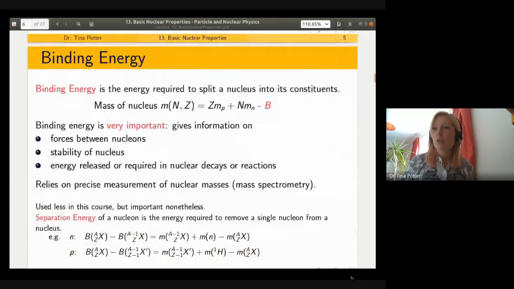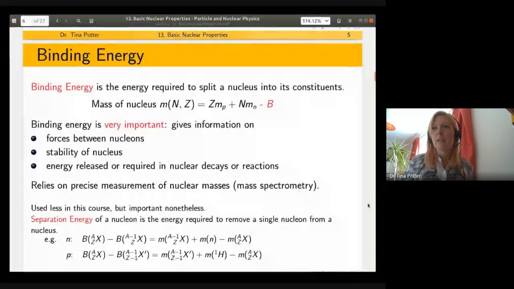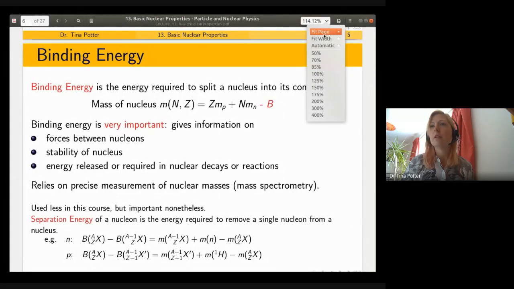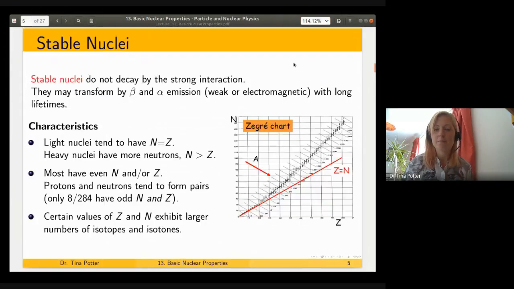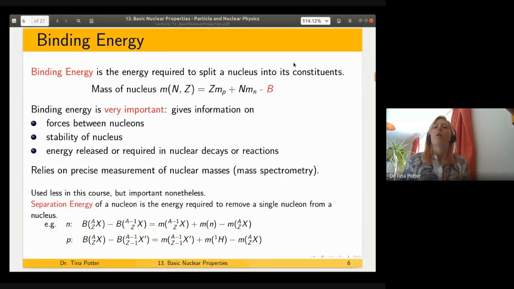Next, what I'd like to discuss is binding energy. So let's try and get this to fit better. Hit the page. Okay, there we go, that's better. Right, so